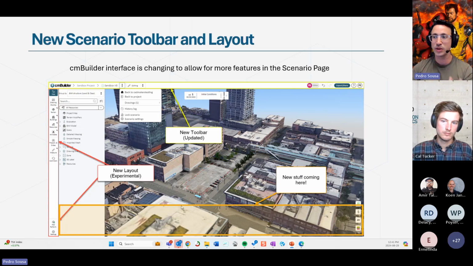And the reason why we're doing this whole thing is because we want to clear up this lower part of your screen to add new features in there, right? We are exploring different features that we want to show up there, like a timeline creation, the animation tool, right? Today that work is done using the visual programming interface. We want to bring it outside of the visual programming and put it over here in the bottom, where you're going to be able to create your animations quicker, and also maybe a Gantt viewer in the future,